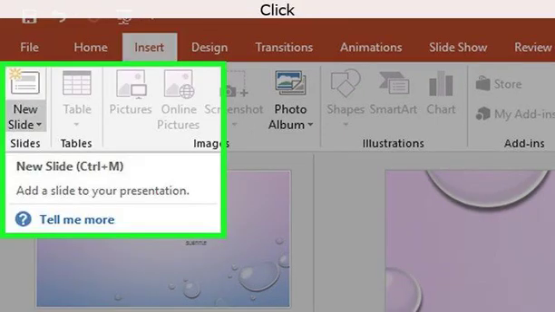Step 2. Click New Slide on the far left side of the toolbar. Doing so prompts a drop-down menu to appear. On a Mac, click the small